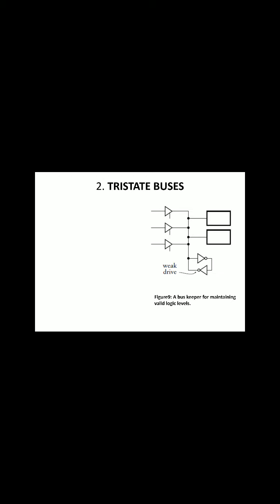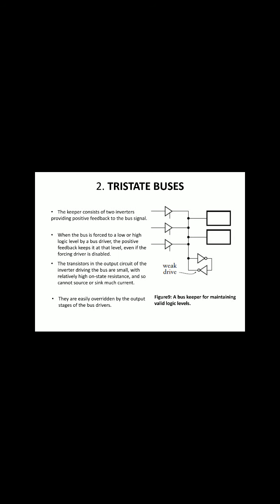You can see the tri-state buffers in the upper part, passing data through a bus to the destinations. You can observe that the output lines are connected to the back-to-back connected inverters, meaning weak drivers, and the outputs function with the help of this weak driver. At the output stage you can see the buffer and the circle dots, which mean the outputs are connected to the weak driver. This weak driver helps in giving positive feedback to the bus signal.